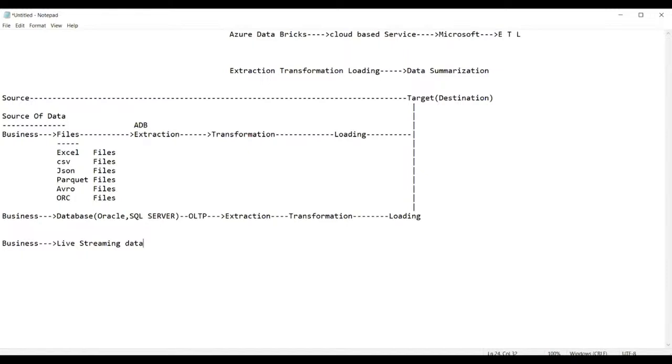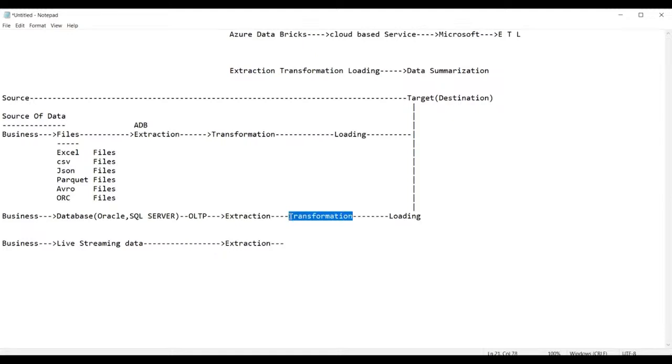Suppose an India versus Pakistan match is going on, you will get the live streaming. Am I right or not? That is all called live streaming data. Even the live streaming data we pull in as it is, and this process is again extraction. We perform the extraction on this data, and once the extraction is done, again the process of transformation happens.